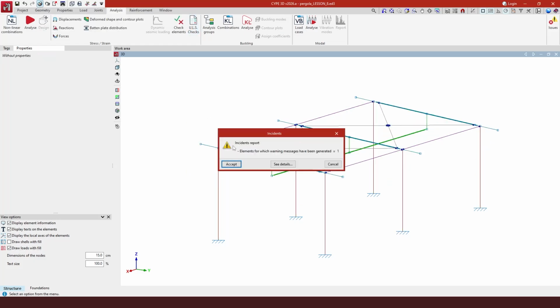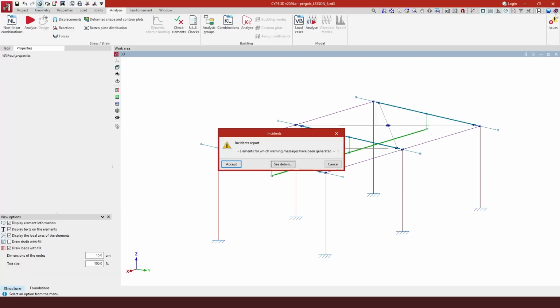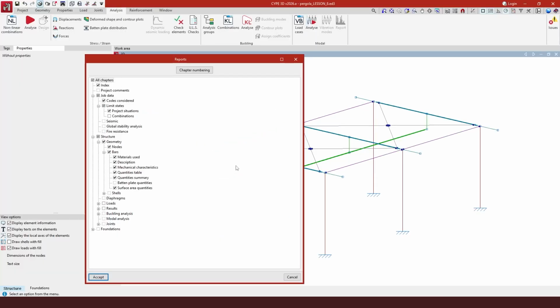For example, when this comes up, this might be just a warning. Like in this case, we can actually ask for the details on what is going on, see details, and in this case, what is warning us is that the automatic generation has been deactivated for the braces. Remember that we did that on purpose. So we're just going to click accept and access